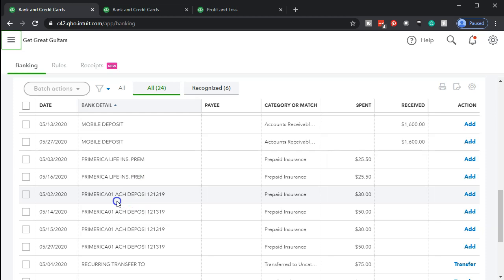And Primerica, we're going to say, is like an investment institution. And as a business, let's assume that this is going to be like an employee benefit of some kind, possibly. So let's say for whatever reason, we want the Primerica here to be going into the employee benefit expense account. But we would like to be breaking out the amount that is coming out from Primerica with regards to the life insurance